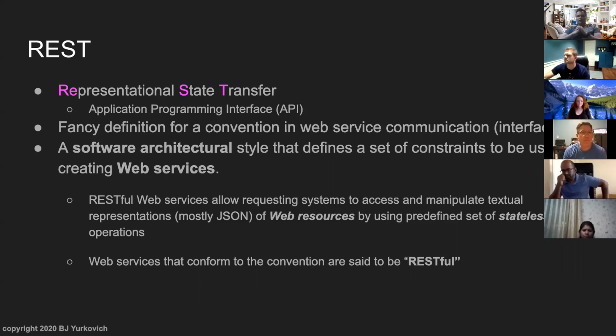And I'm sure everyone has heard in their job about APIs, right? You probably use the word API. Whether you understand it or not, you probably use it, right? Or hear someone say it. It's a software architectural style. That's what REST is. It's just a style. And it defines the constraints to be used for creating these services, these clouds.